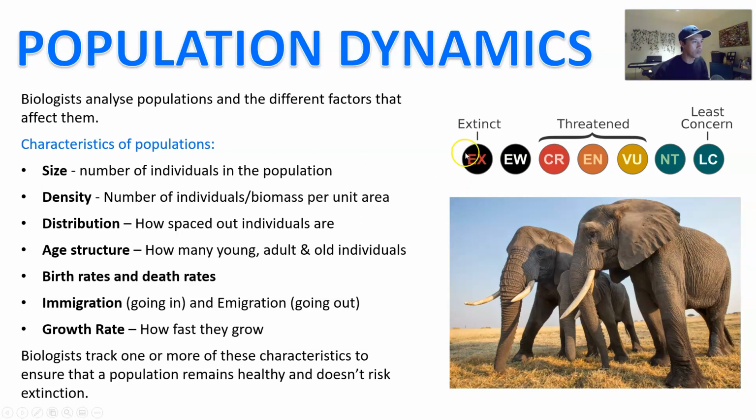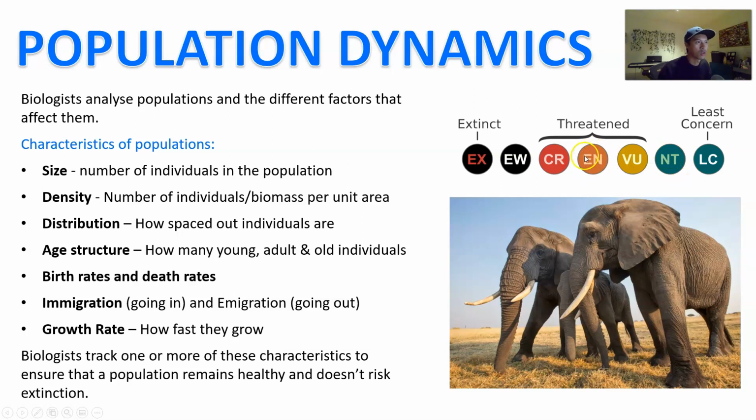This is the classification chart for the level of threat that is experienced by different species. So you can have what we call the least concern. These are things that are widespread and we're not really worried about their population. Rats, raccoons, and all those kind of animals that are widespread everywhere. And then you have a variety of categories where this one is near threatened, and then you have vulnerable, endangered.